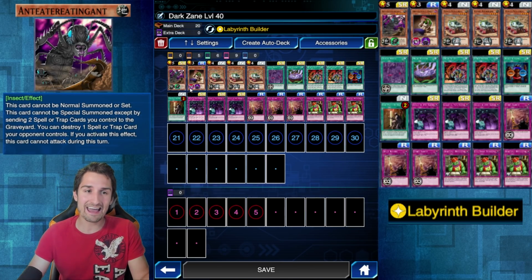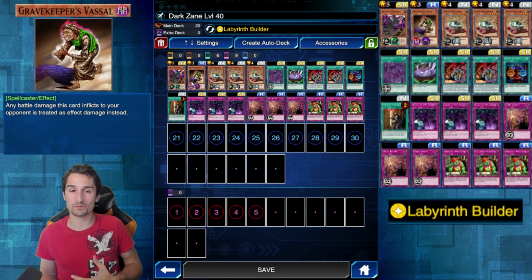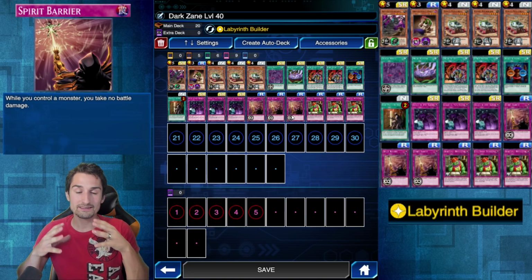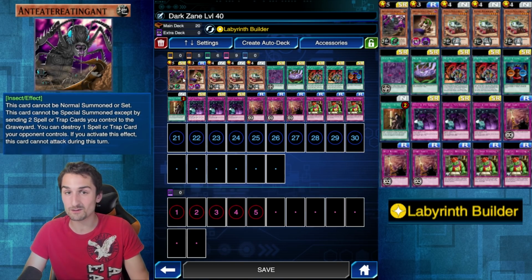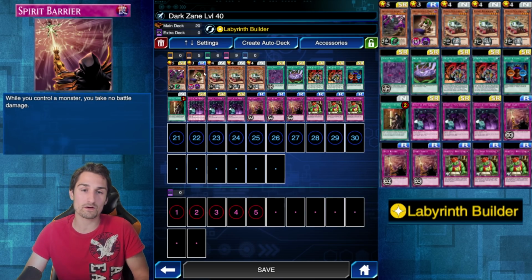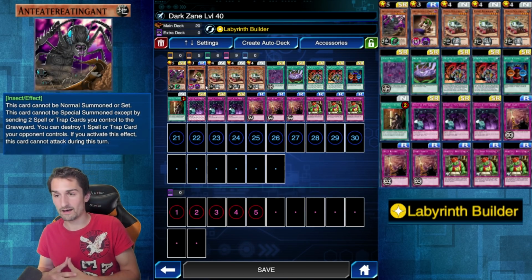We're running Anteater Eating Ant and Vassal as an endgame combo. This is one of my favorite combos whenever you're dealing with Spirit Barrier, because Spirit Barrier tends to clog the back end of your field real heavily, and having it there just makes this one of the easiest special summons to do in the game. On variants, when you're not running Spirit Barrier, I tend not to run Anteater Eating Ant and instead run things like Megabyser or